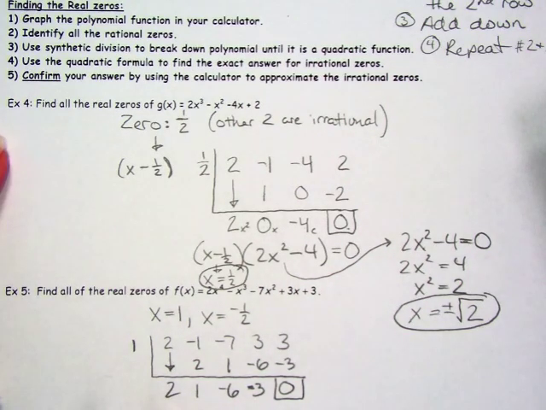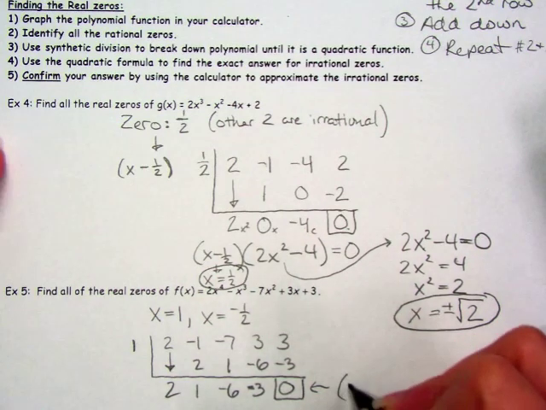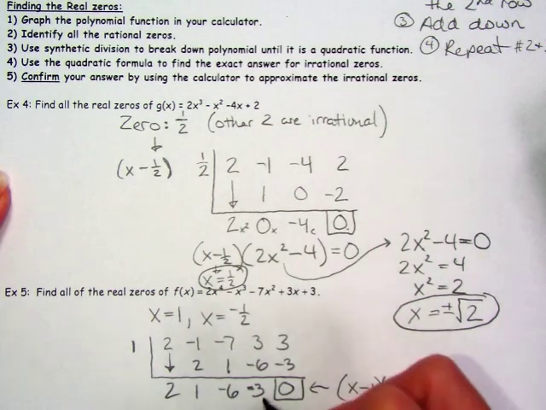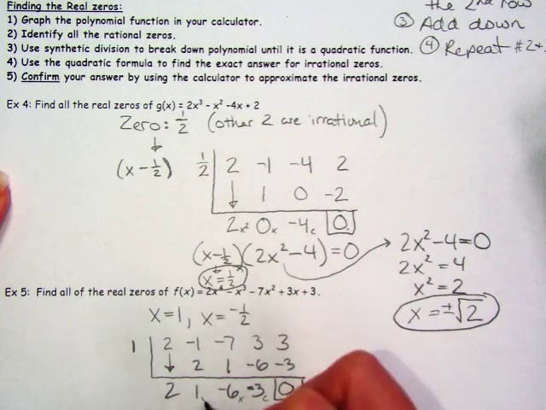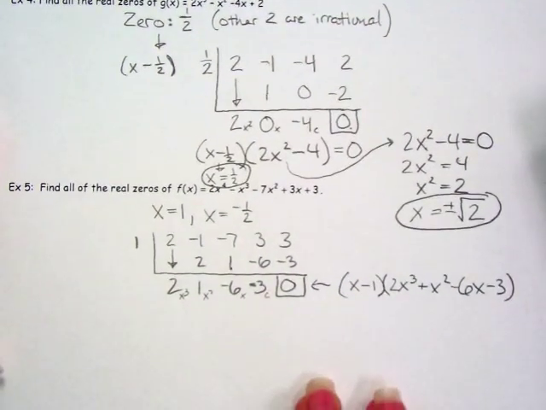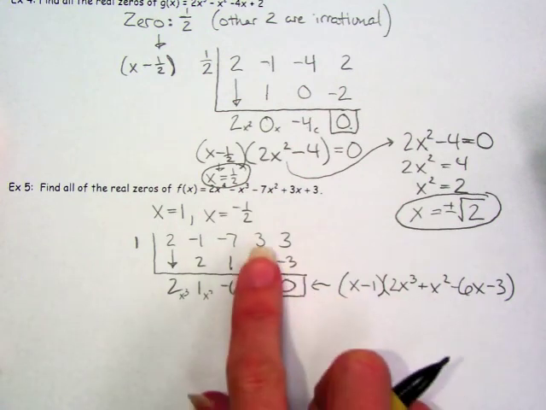Okay, so here we have, so far, our polynomial factored, using the 1. That means I divided by x minus 1, and I got a constant, an x squared, and an x cubed this time: 2x cubed plus x squared minus 6x minus 3. Okay, I don't know how to work with that yet to find the zeros of that, but I do know